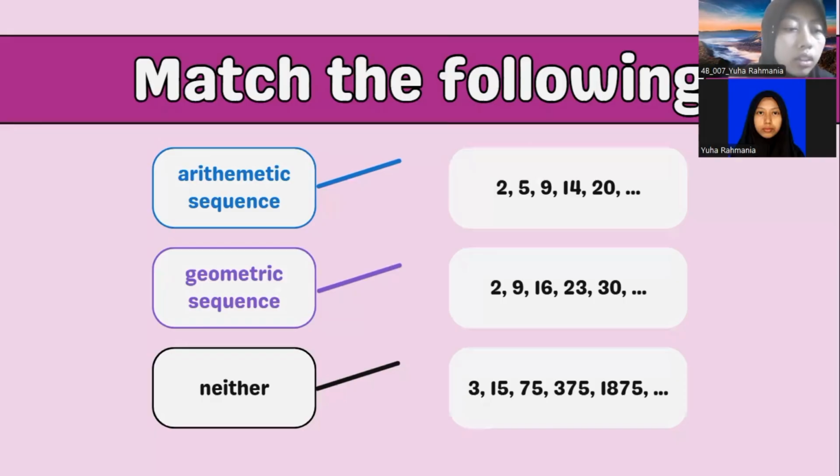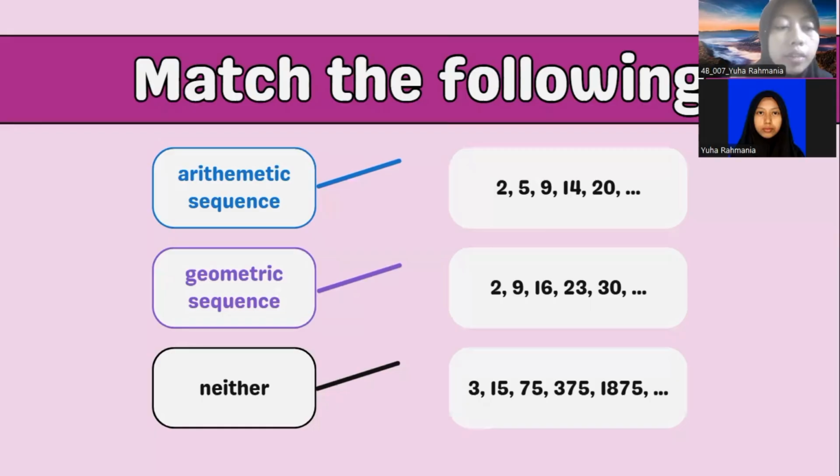15, 22, 30, and if we subtract consecutive terms, 9 minus 2 equals 7, 15 minus 9 equals 7, and since the difference is always 7, it's an arithmetic sequence